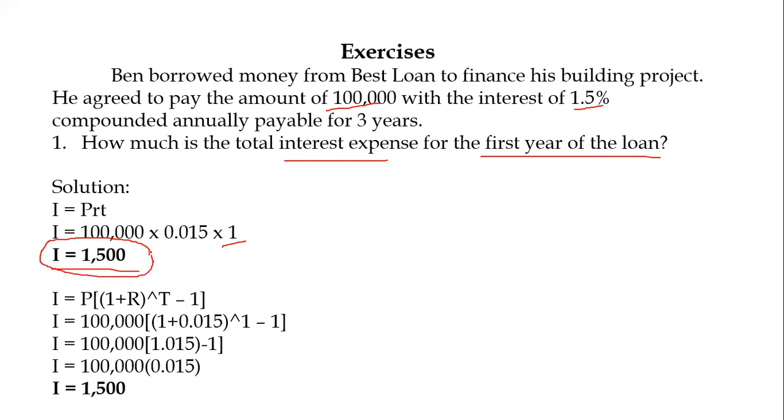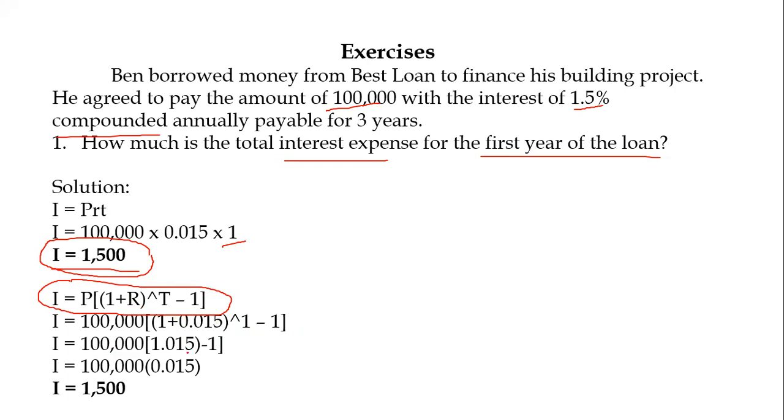Now, to prove it, maybe you will say, sir, we should still use the compound interest formula since the problem says it is compounded. So, sige, let's check by using the compound interest. So, 100,000 times 1 plus 0.015, we just substituted the rate, raised to 1. When the exponent is 1, whatever the base is stays the same,